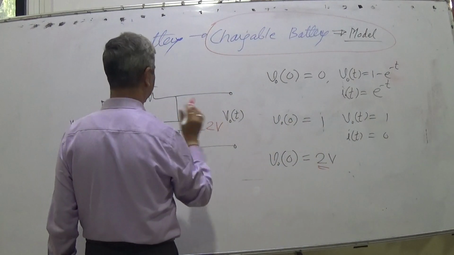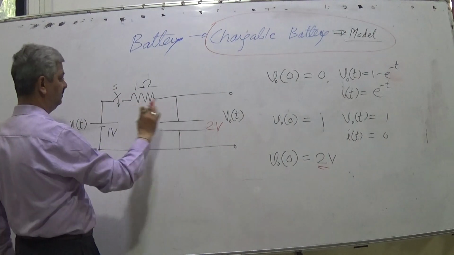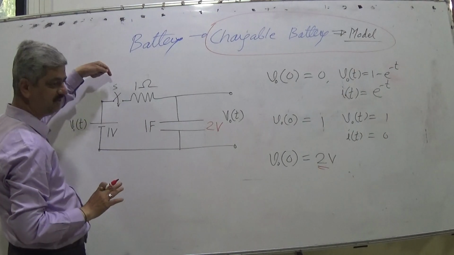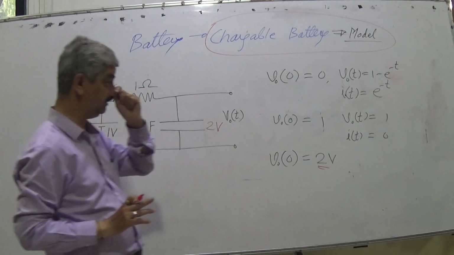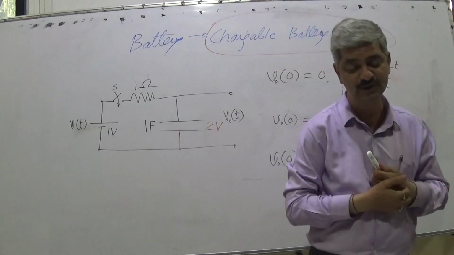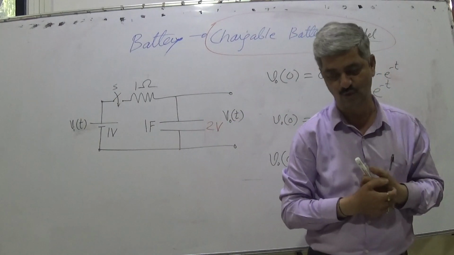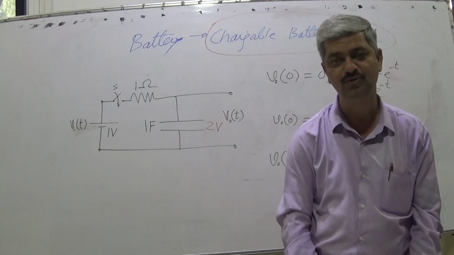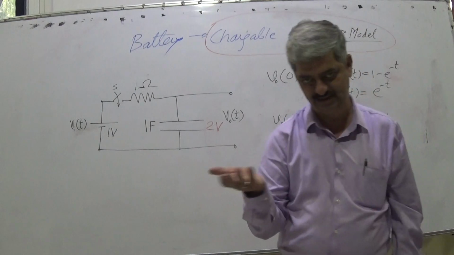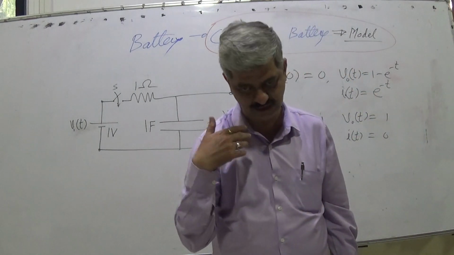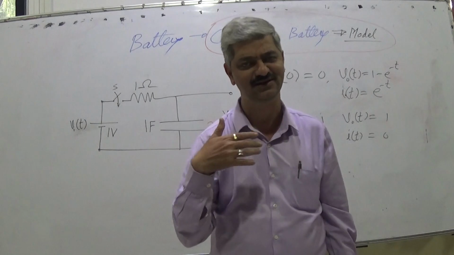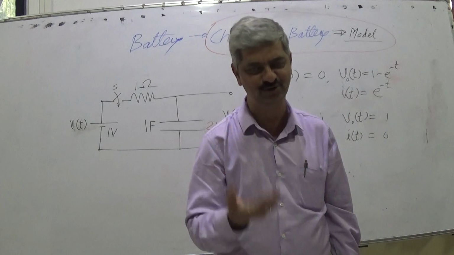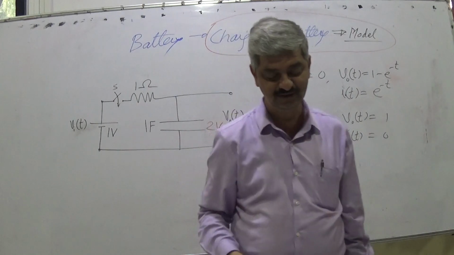2 volts are there. Earlier the switch was open, 2 volts here, 1 volt here, and now the switch is getting closed. We want to know what is VOT. You don't know what is VOT. Those who want to continue on their own to find the answer can pause and try to get an answer. If they get it, they can resume, or those who cannot can immediately resume, or those who want to simply watch can continue to watch.